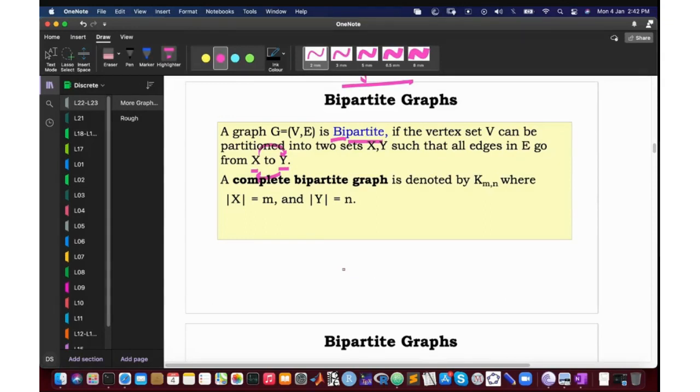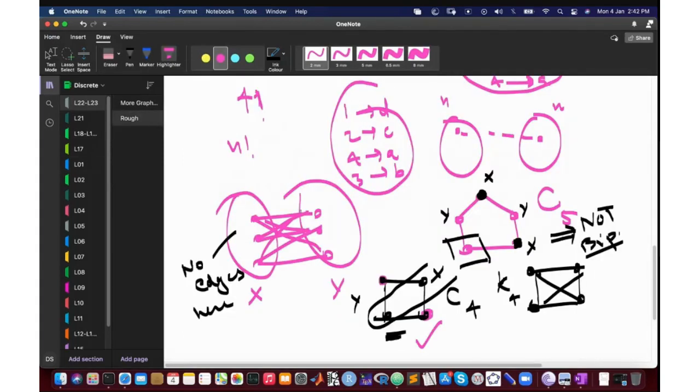A complete bipartite graph is a bipartite graph जिसके अंदर जितने possible edges हो सकते हैं वो सारे के सारे उसके अंदर हैं. So for example,